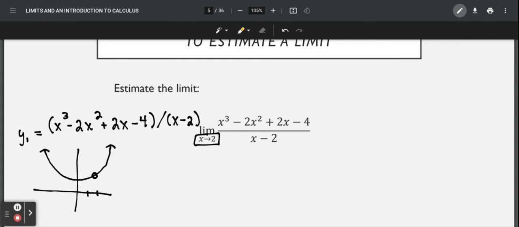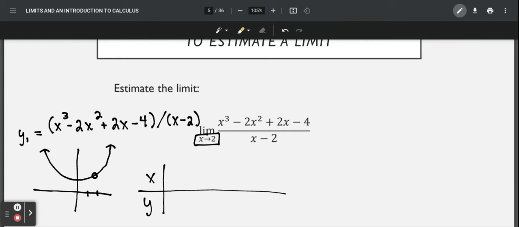And when you look at your table at 2, you should see that there's an error. But when you look at those values around 2, you can make a pretty good guess as to where that hole is at 2, right? So if we were to come up with what that table was, and write down our table to potentially help support our guess,